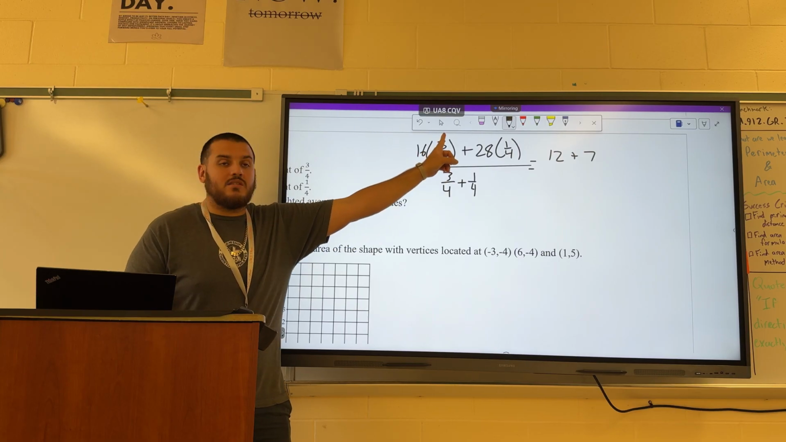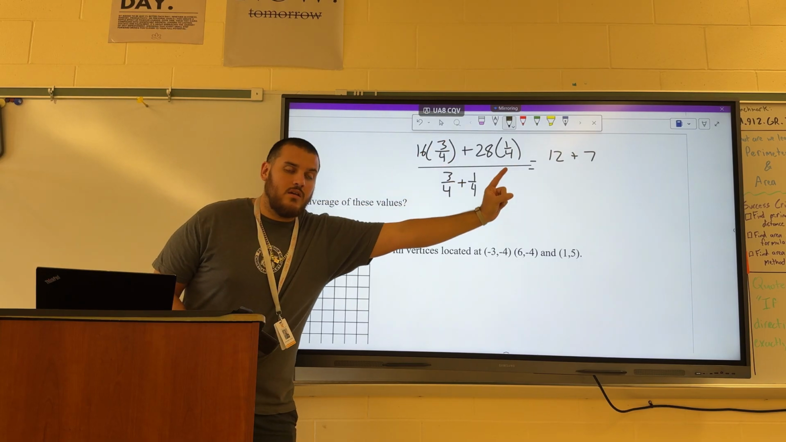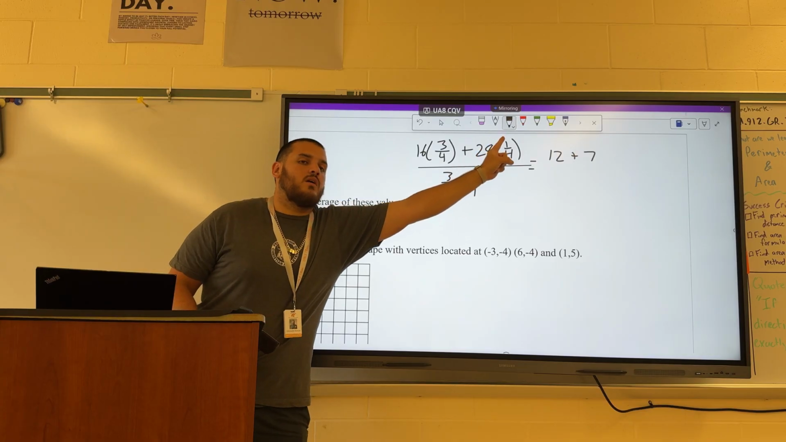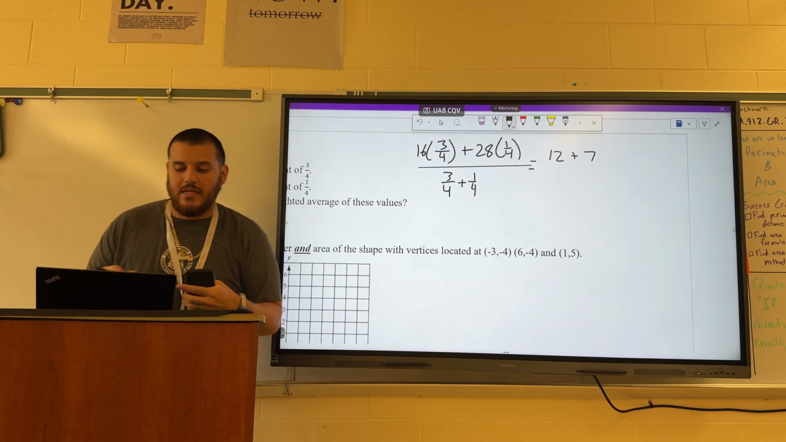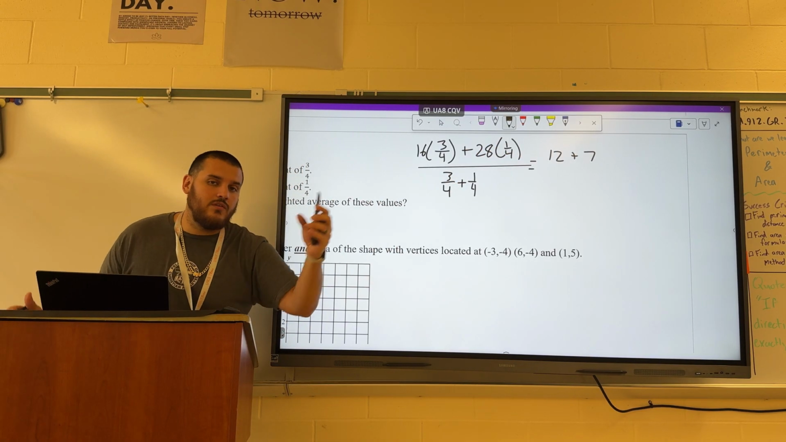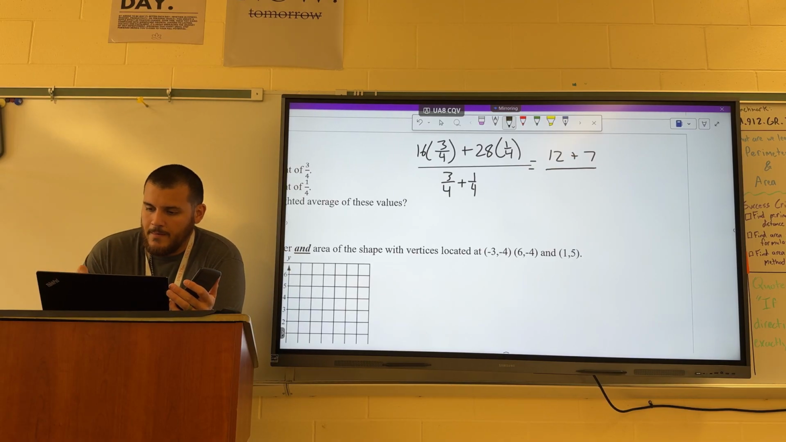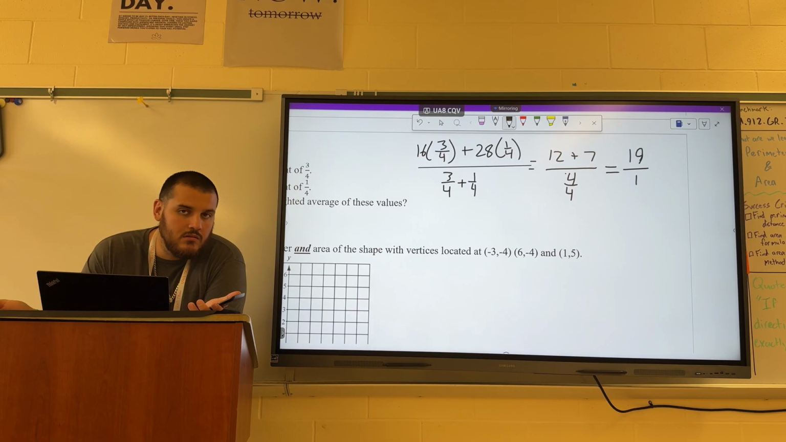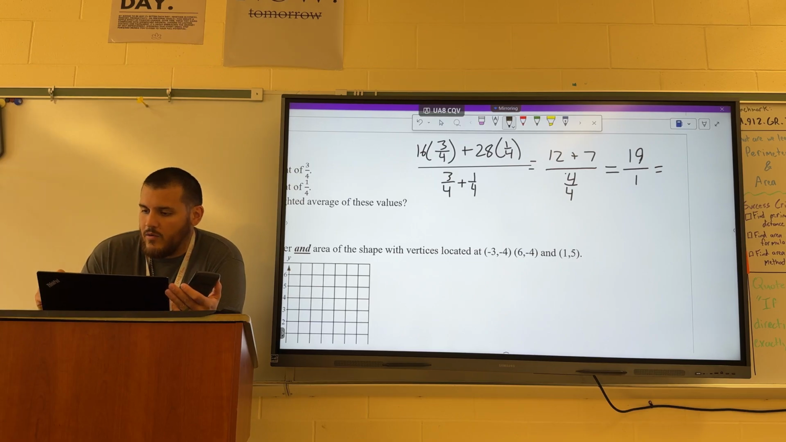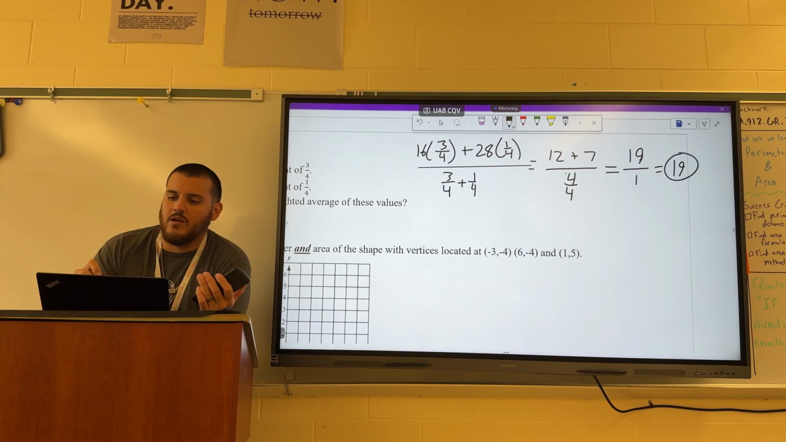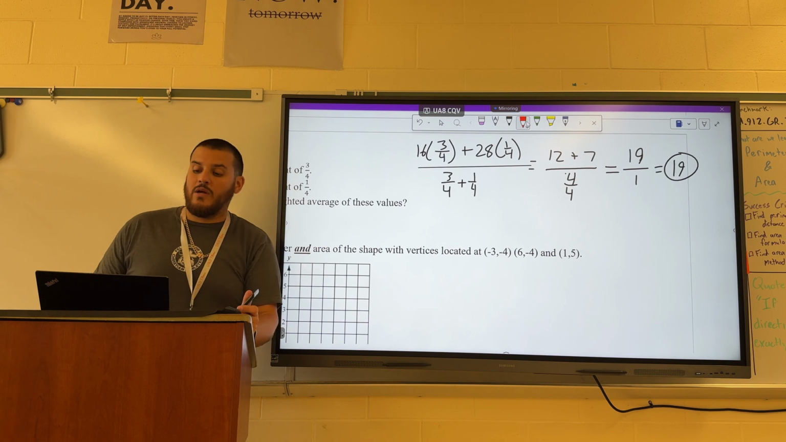So 16 times 3 and then divided by 4 gives you that 12. 28 times 1 divided by 4 gets you that 7. On the bottom, I have 3/4 plus 1/4. That would give me 4/4. Up top, 12 plus 7 is 19. 4 over 4 is just 1. Anything divided by 1 is equal to itself. The good thing here with these fraction weighted average questions is the fractions are always going to have a sum